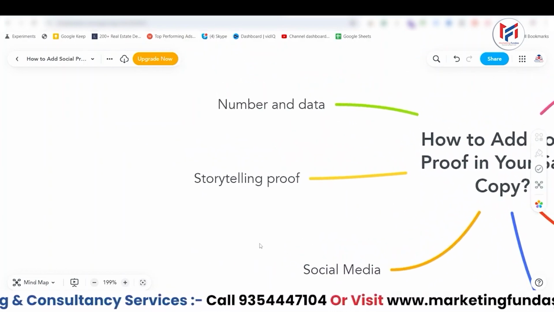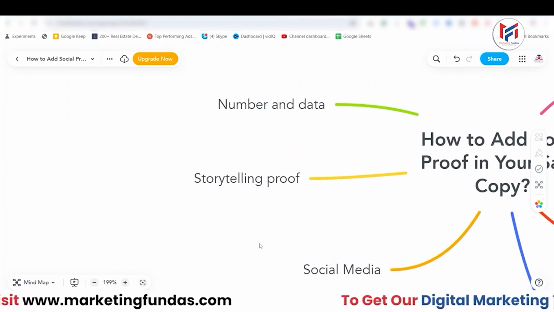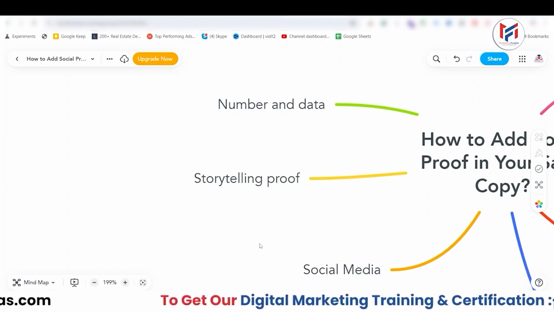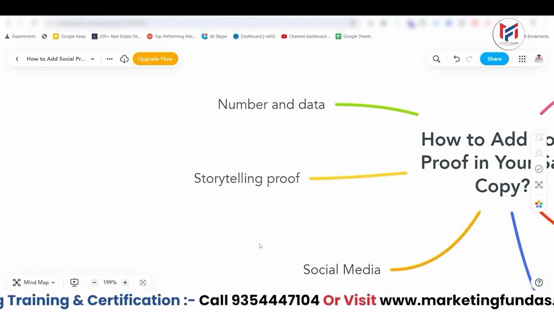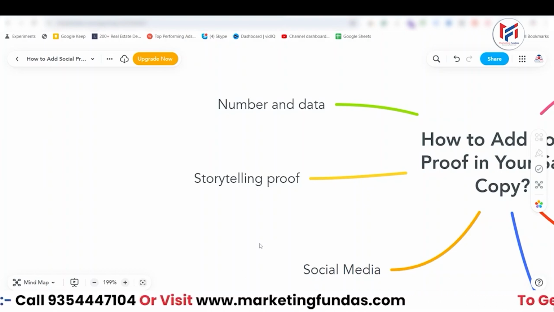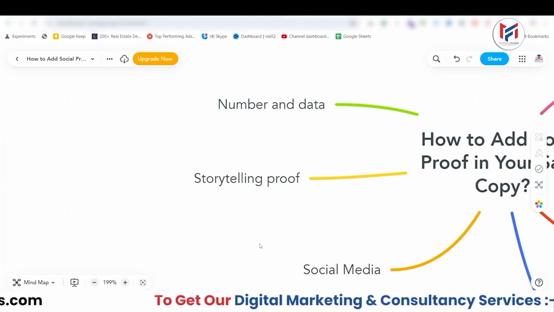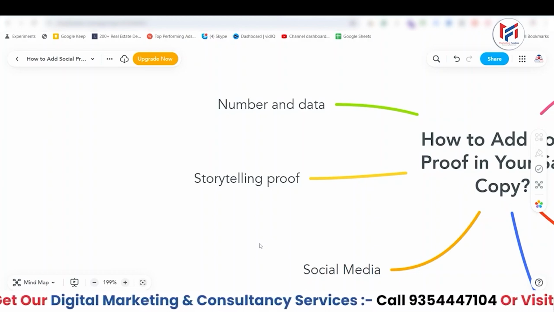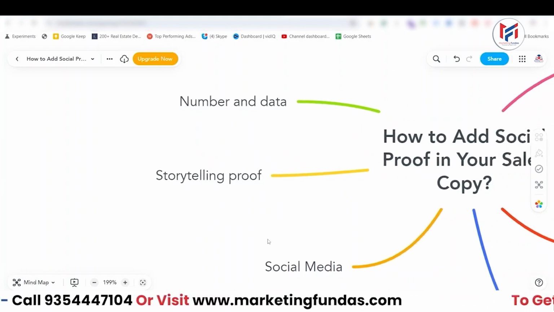Storytelling is also a very good way to add social proof to your sales copy, and this kind of social proof mostly works in a product category where you are trying to sell a product. For example, you are trying to sell a weight loss product, right? So in that case, what you can do is, in a whole landing page or sales copy,